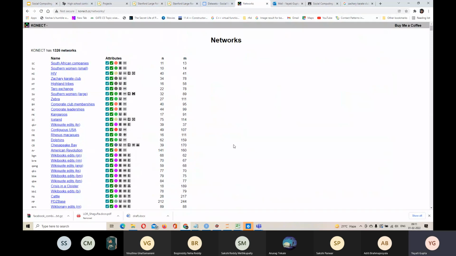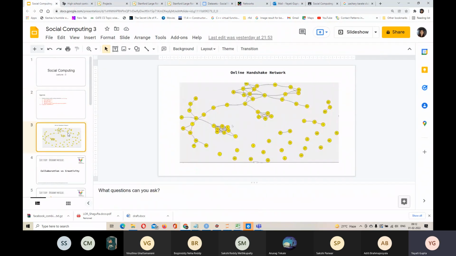Okay. Now, with all this, let's talk about an actual real world network, one which has been collected by us. All these data sets are collected by different people. So let me show you a network which I collected. This is a snapshot of a network. Do we have any third year student here? Can you tell me what this network is about if you remember our course on graph theory?